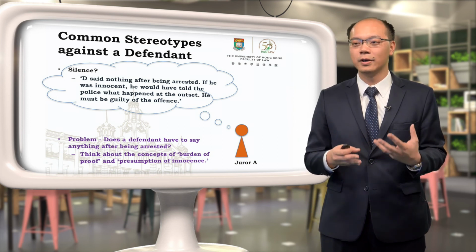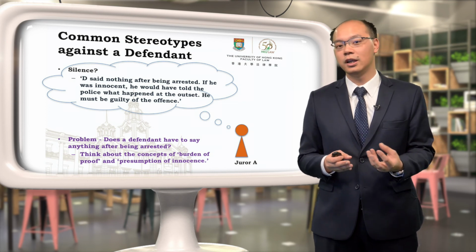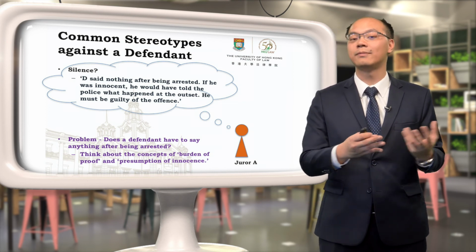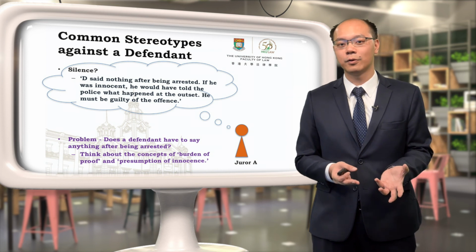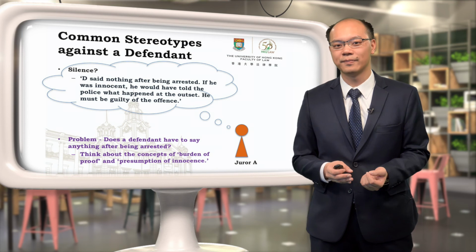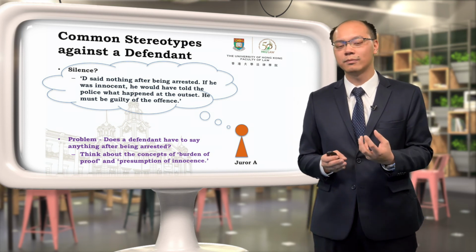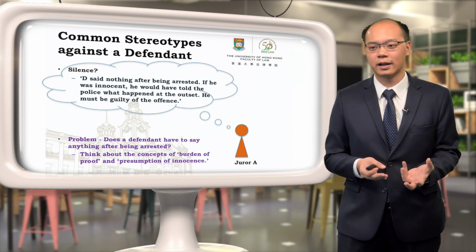We think that if he was really innocent, he could have told the police what happened at the material time. And therefore, by saying nothing, he is suspicious, right? So this is a very common stereotype against a defendant when it comes to criminal proceedings, all right? Now,